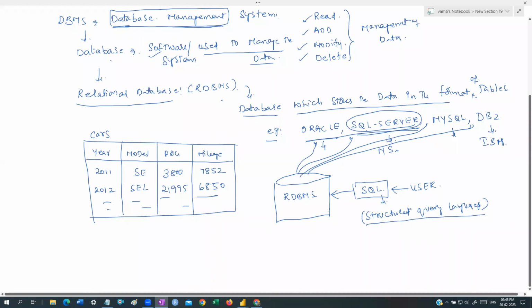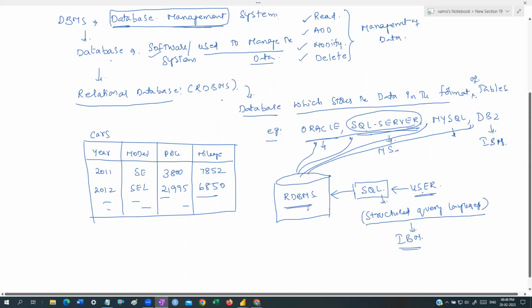It's a language, guys. Who developed this language? It was developed by IBM Corporation. Remember, SQL is developed by IBM, and IBM does not say that only its databases can use SQL. So what is SQL? A Structured Query Language, which acts as an interface between the user and any relational database.